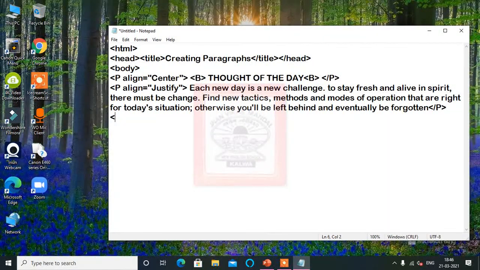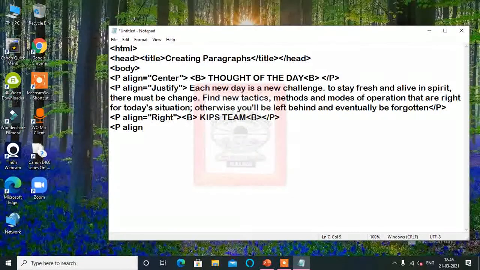Now after that, one more paragraph we are going to use, in which the alignment is on the right side, and there it is the B tag for bold. Then one more P align center is used here.